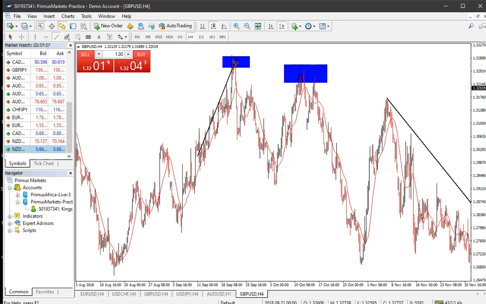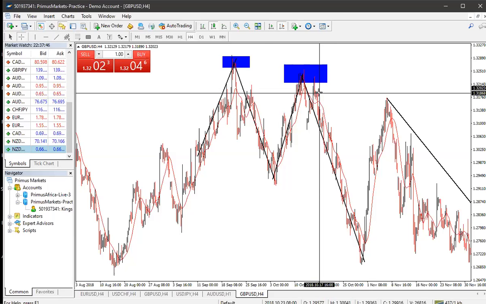That's why I said it mustn't really be as perfect as you think. But you must train your eyes to start seeing this. And you can see spotting this would have given you all these moves, which is a lot of money. This is a lot of money. Let's say